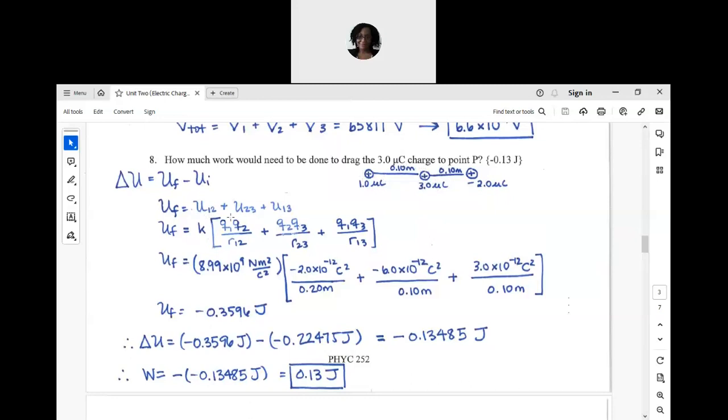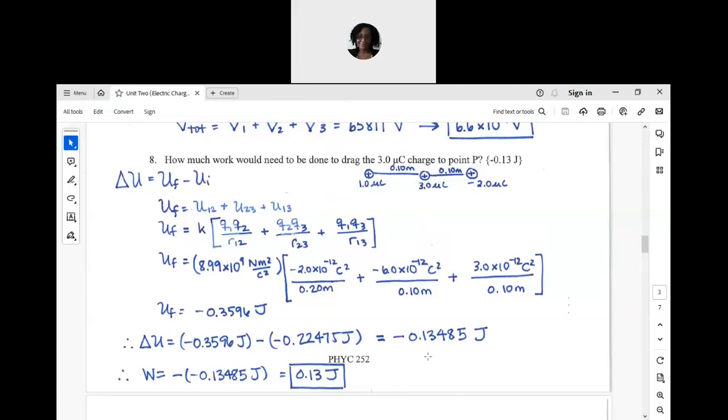I need to evaluate all of the available pairs again, so I have a 20 centimeter separation between the 1 and the 2 microcoulomb charge, and then just a 10 centimeter separation between the remaining pairs. That's where 0.20 and 0.10 and 0.10 come from. So sum that up, you get negative 0.3596 joules. And comparing that to the original potential energy, if I take the final energy minus the initial, I end up with negative